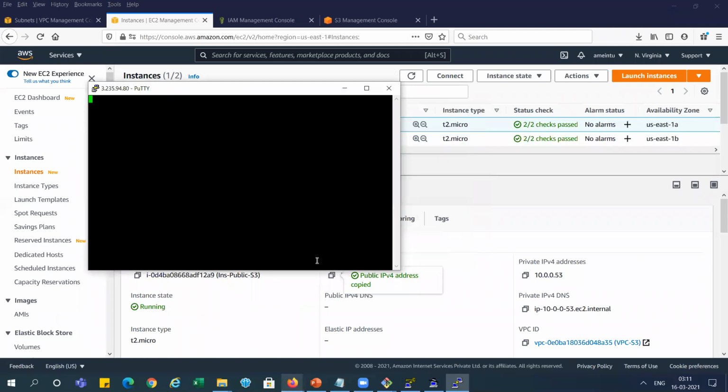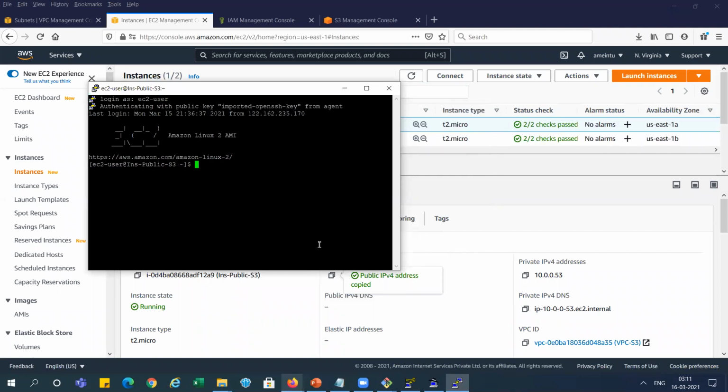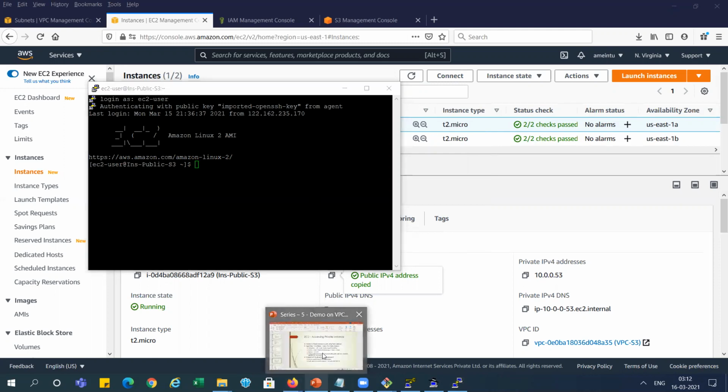So actually it is connecting with the ec2-user, the default user, right? So you can see we connected to public S3 because we have already given the name, right? This is the connection with the public instance. Now here we will go to the private instance using the SSH command, right?